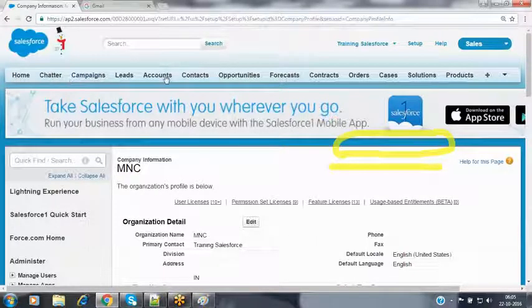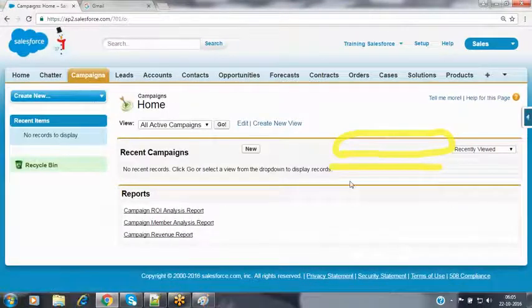So many tabs are available. By using the campaigns tab, we can create a campaign record. To do that, simply click on the campaigns tab. It provides a graphical user interface to you. By using that, we can see the campaign records which we have created in the past. We can create new campaign records, modify existing campaign records, delete those existing campaign records, and restore those deleted campaign records also.